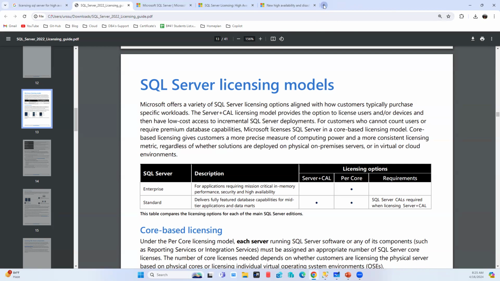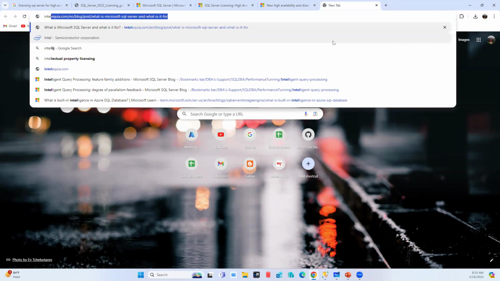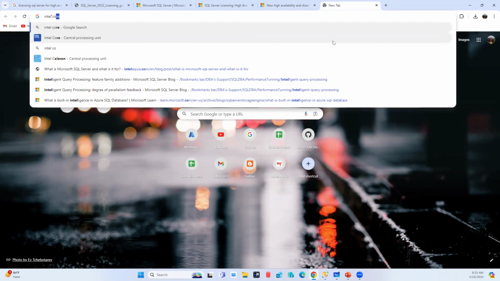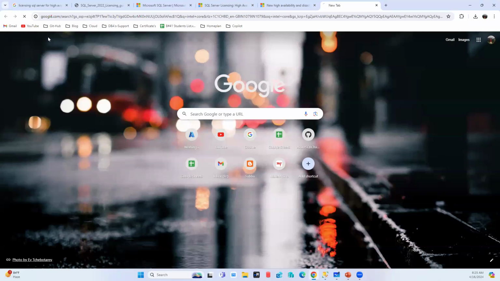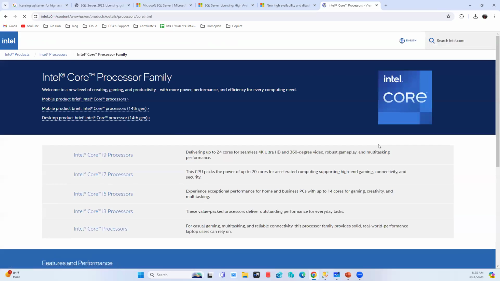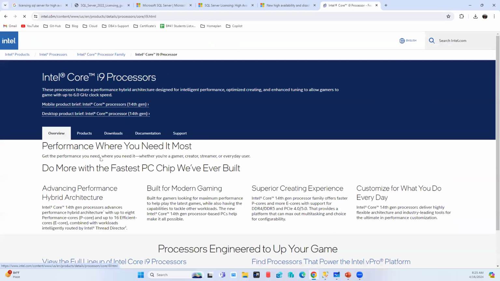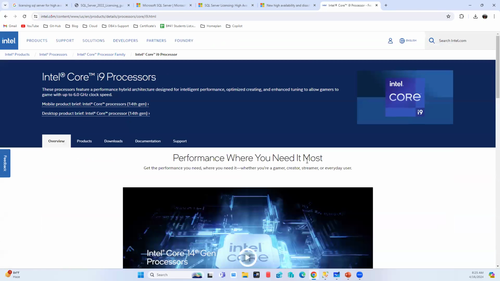For example, everyone will love to purchase the Intel processor, correct? Yes, everyone will purchase Intel mostly. So whenever you are going to purchase a laptop, or a massive kind of CPU, first you will see how many cores, correct? The latest now is the i9 processor. If I go for the i9 processor,